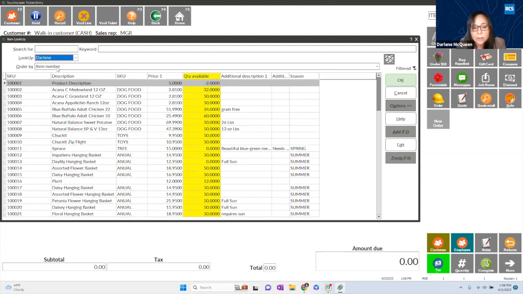Okay, so that's modifying lookups. Now, lookups are all over Counterpoint. You could modify lookup for vendors, you can modify lookup for items, you can modify lookup for customers. So it's all over Counterpoint. In fact,